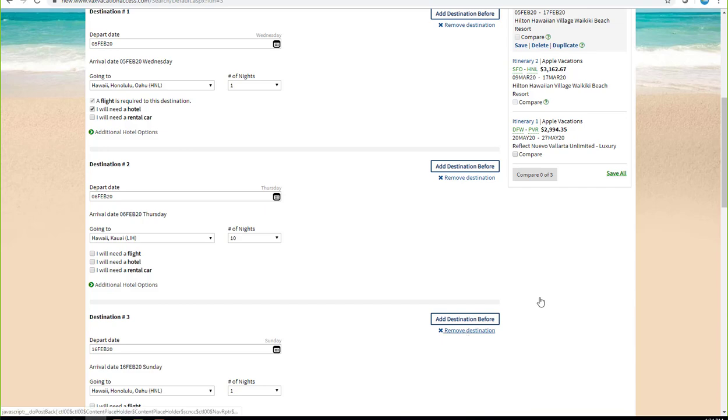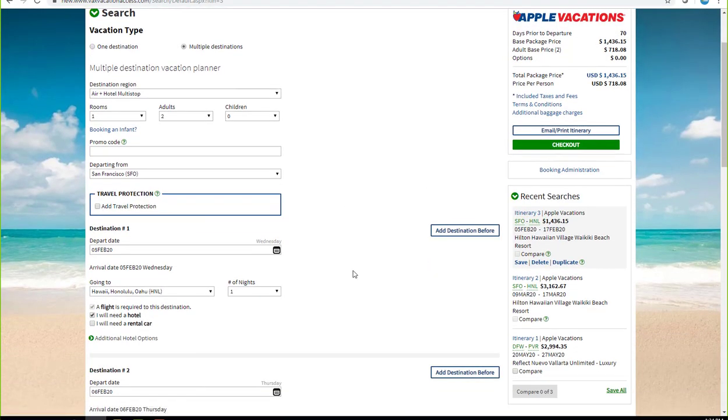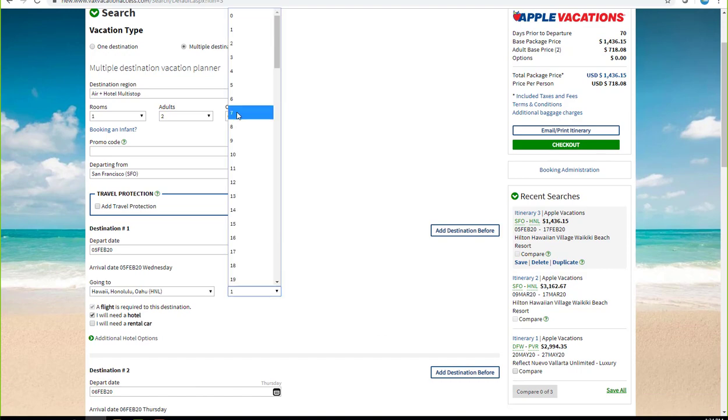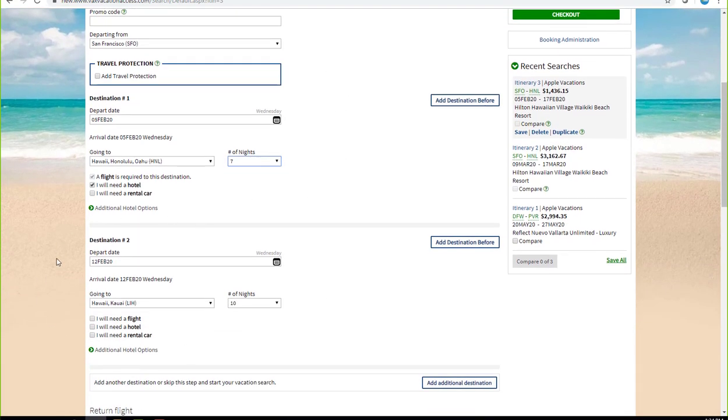So I'm just going to remove my third destination because I don't even need to bother with that. So we're still going to use Honolulu as our destination because it doesn't really matter where your destination is. So let's say they want to do a week in Honolulu. Okay, we got 7 nights. Well, we have destination 2. We don't need to actually